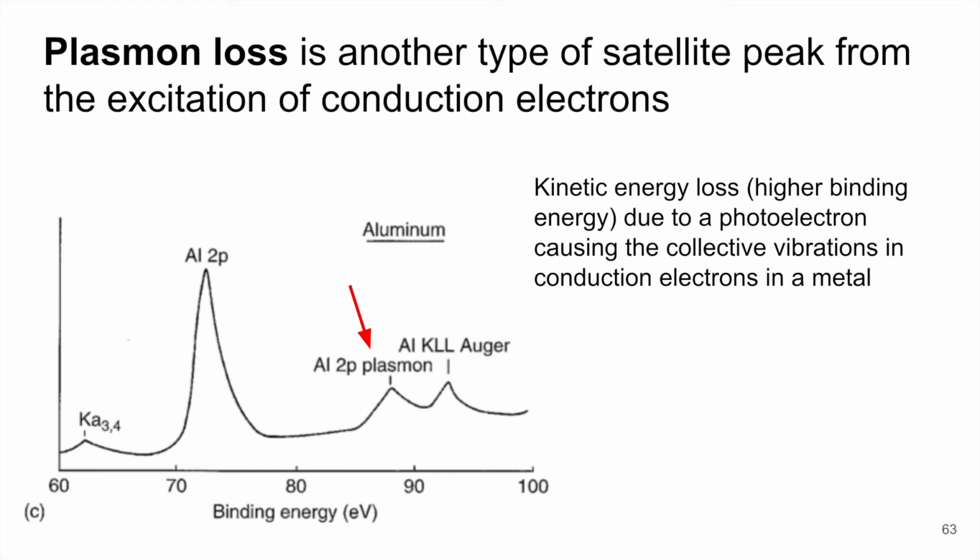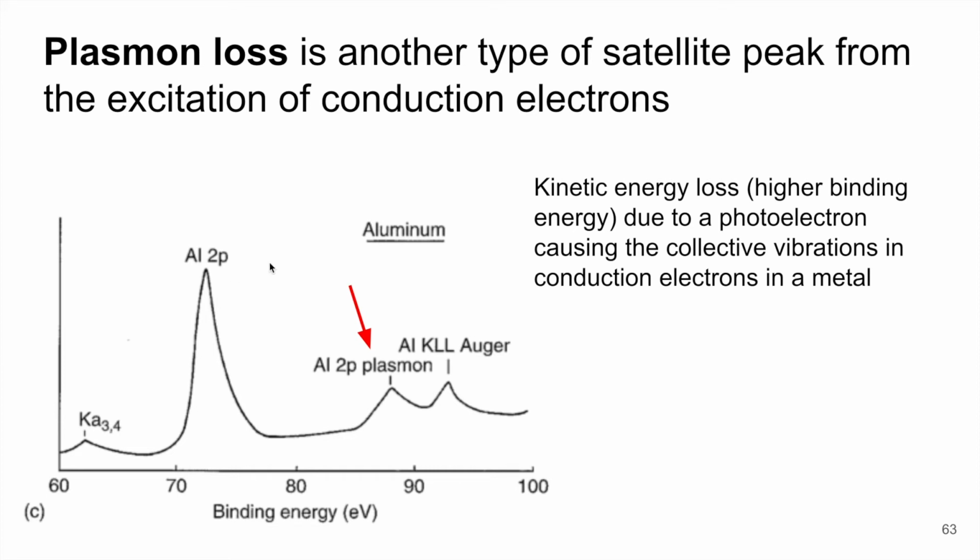Another thing that we can sometimes see, this is an example of aluminum, again, aluminum 2p, is we can see what's known as plasmon loss. So this is similar to that satellite peak that we saw in the previous slide, but in this case, it's from excitation of the conduction electrons. So not the valence, but the conduction electrons. And so we have